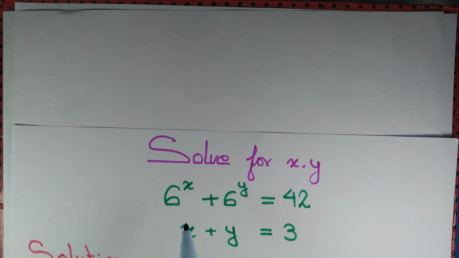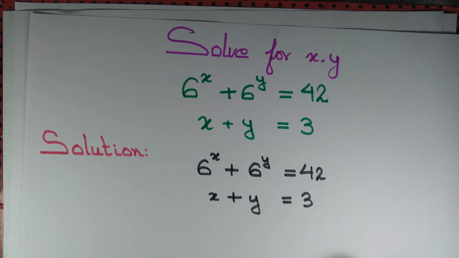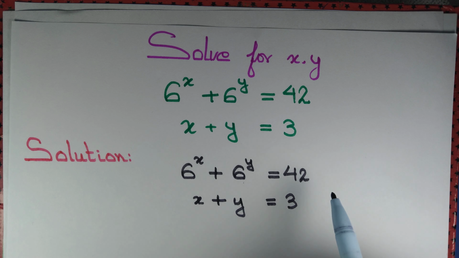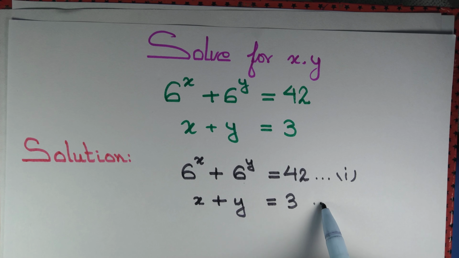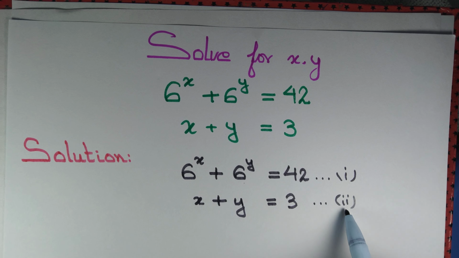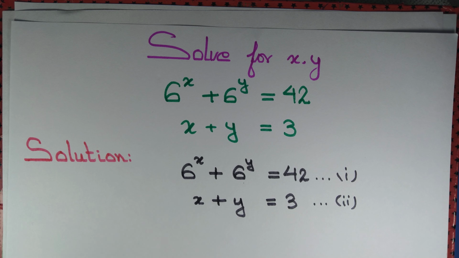Let us solve the equation 6^x + 6^y = 42 and x + y = 3. So we want to solve this equation simultaneously. Let us call this one equation 1 and this one equation 2. By equation 2 we can write